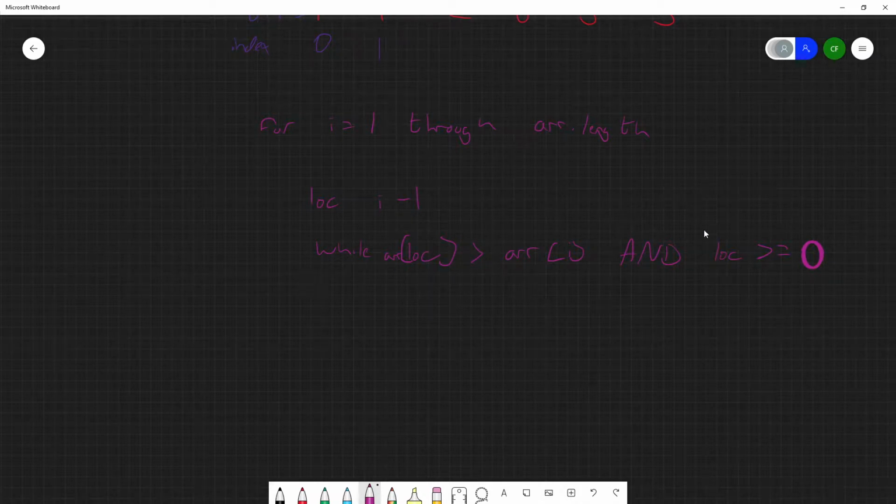Okay, so while this condition is true, which is while we haven't found something to signify that we should stop, and while we haven't hit the start of the list, we're going to keep going backwards to the start and finding where we should move the thing we found. And while we've done that, we just want to be decrementing loc. So loc minus minus. That's not clear, so loc minus equal 1, because minus minus doesn't look right. And then what we also want to do is